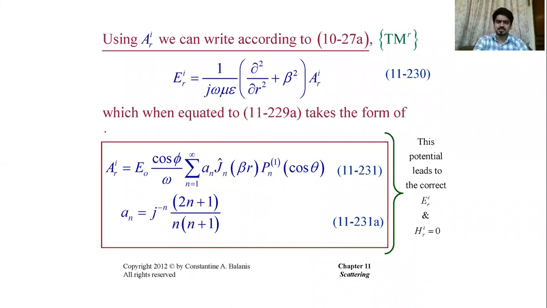What we will do is, we know that once we have that vector potential, we can write the corresponding E_r, right? The incident radiating E field along the radial direction. So that is given by this particular expression. We know that. We have been using this expression, right? So we have this expression for E_r using this vector wave potential.